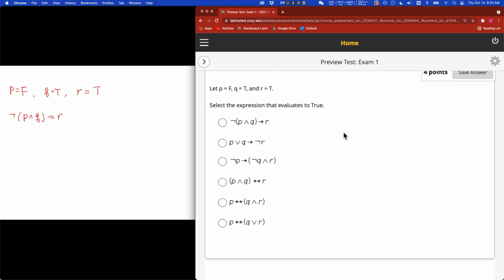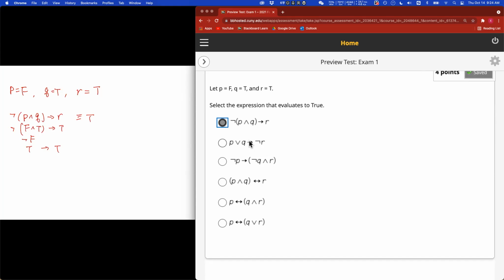So you have P is false, so you have false and true, and false and true will give you false. So negation of false will be true, and you have true implies true, and we know this is true. So this is actually the correct statement. Now, if you check the other one,